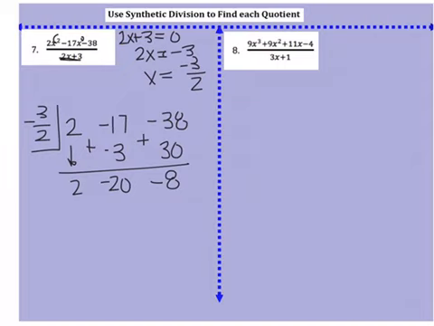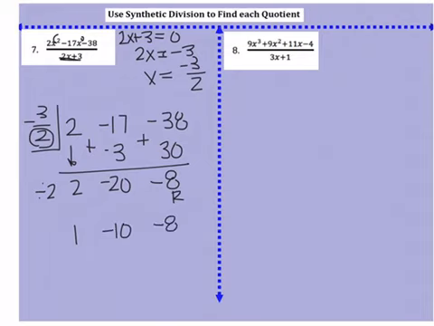So now here's the trick to this. Because we have this 2 here, this dividing by 2, our answer, we have to divide by 2, but we only do that to the numbers that are not remainders. So remember, this is my remainder, so I am not going to divide that by 2. I'm only going to divide the other ones by 2. So I'm going to have a 1, negative 20 divided by 2 gives me a negative 10, and then this is going to stay negative 8